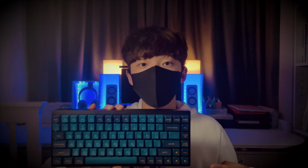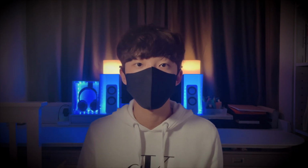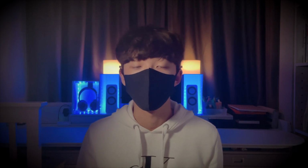I've never built a 75% keyboard before because I rarely use the FN keys and I prefer a smaller keyboard. But after building this and using it for a while, I have to say this is completely different from my expectations. I thought it would be bulky and inconvenient, but it's actually not much bigger than a 65% keyboard. I can really see